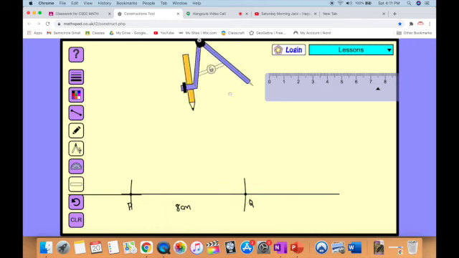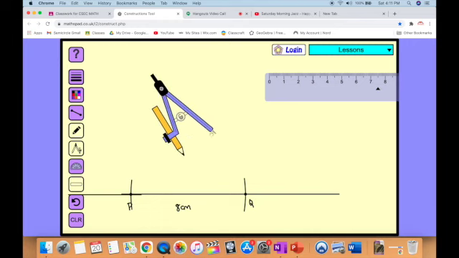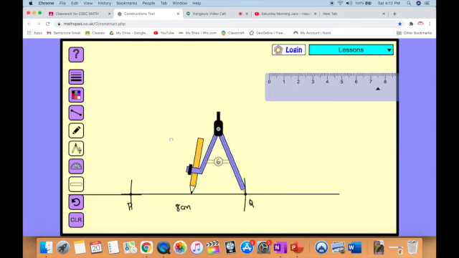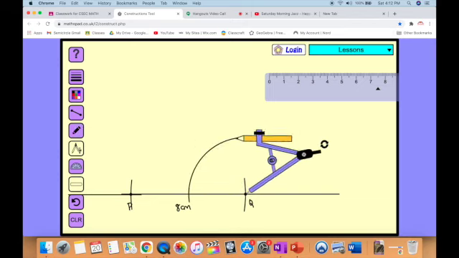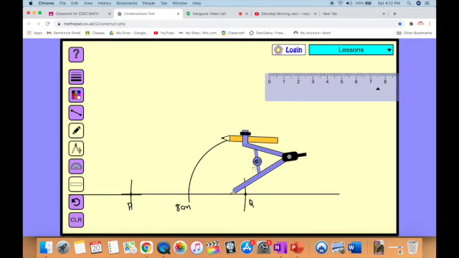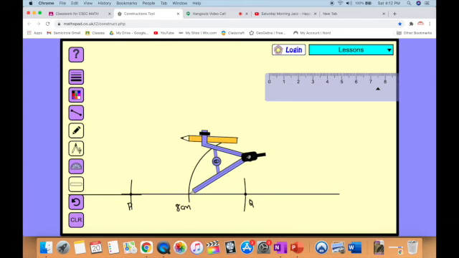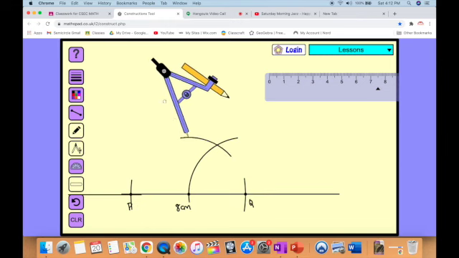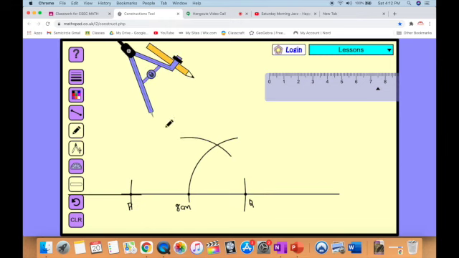So to get a 60 degree angle is pretty easy. I just put this point here. I open my compass to any length, lock it, draw an arc, then come from this point here and cut that, and that will be 60 degrees. So I could just connect these two like this,